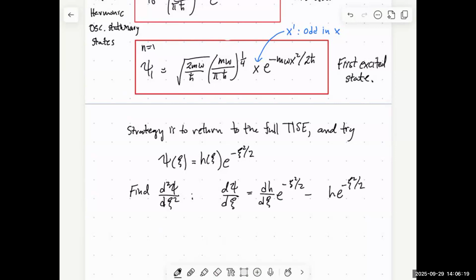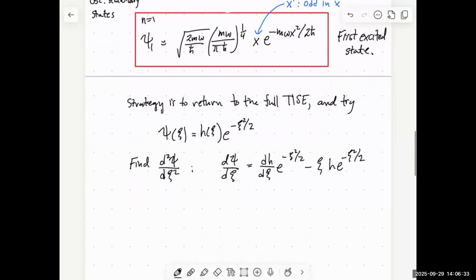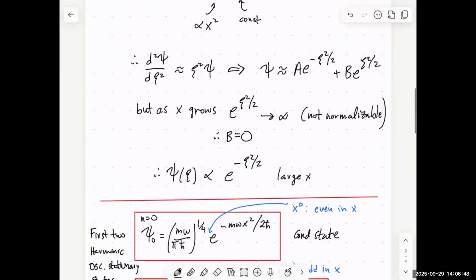And then we have to do chain rule and take the derivative of the argument of the exponential. It's going to be minus 2z, but then it's divided by 2. So we pick up a minus z. And so there it is. Okay, so we could write this as dh dz minus z times h, times e to the minus z squared over 2. All right, that's the first derivative,